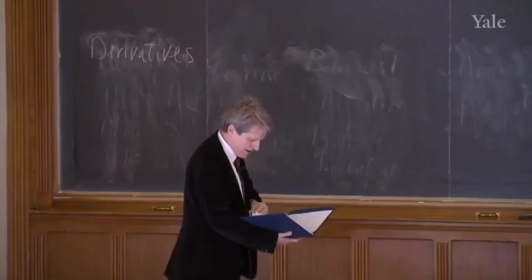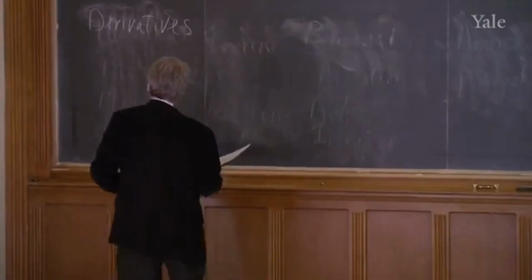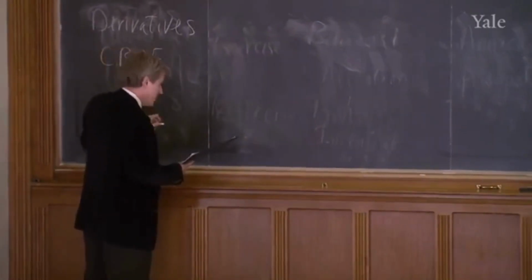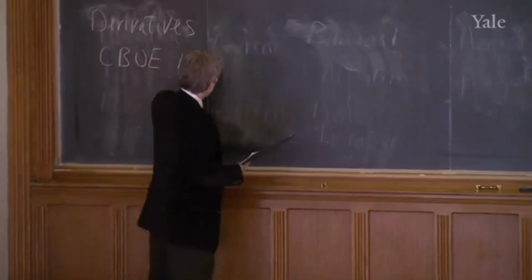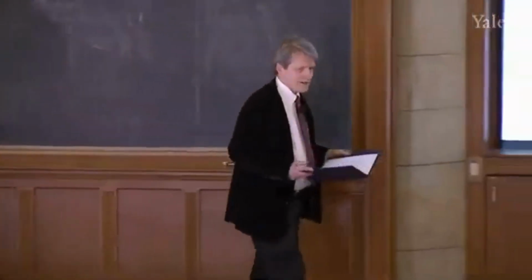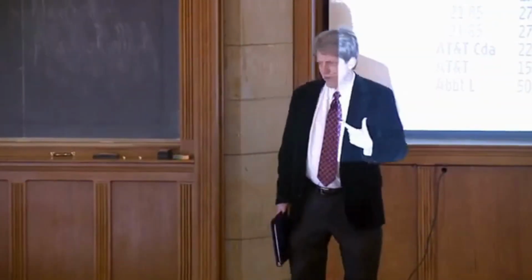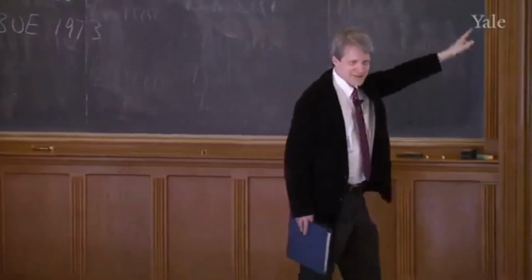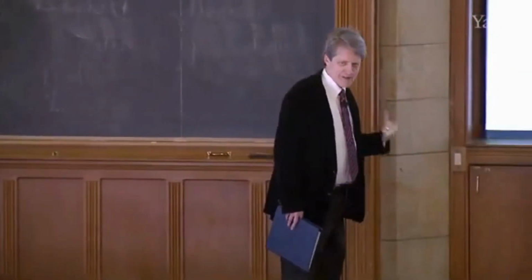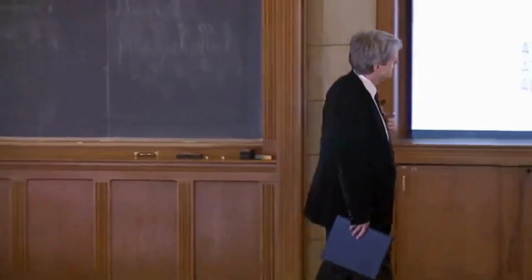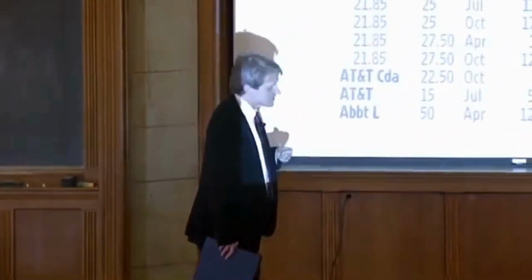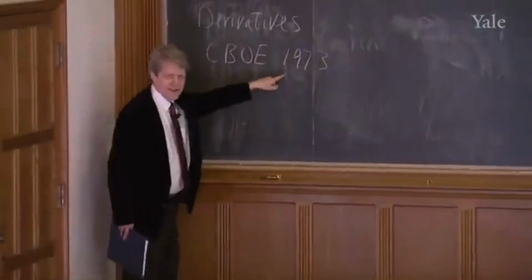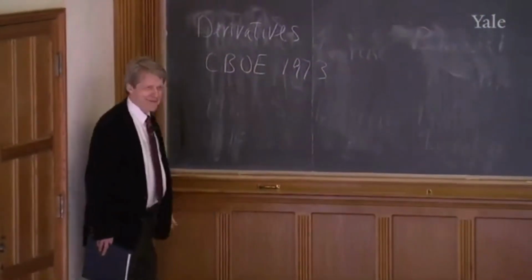The first options exchange was the Chicago Board Options Exchange, which came in 1973. Before that, options were traded, but they were traded through brokers, and they didn't have the same presence. You didn't see all of these options prices in newspapers. It's when they opened a market for options that options trading became a big thing. So options markets are relatively new. I mean, if you consider 73 new, you weren't born then, but it's not really that long ago.